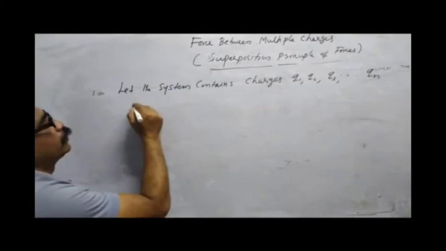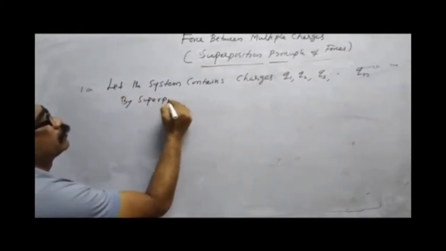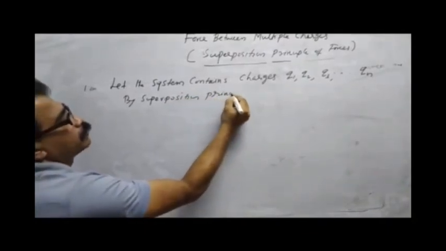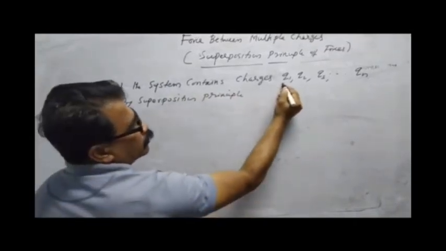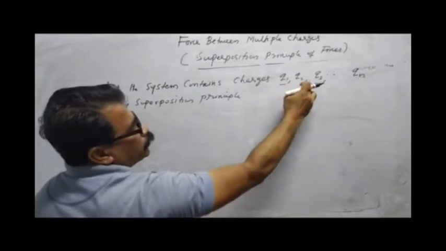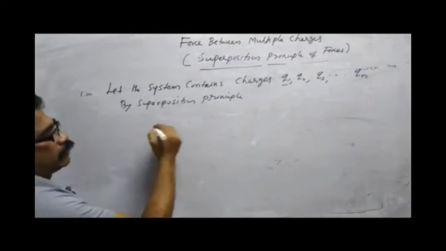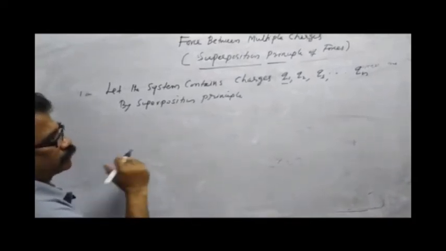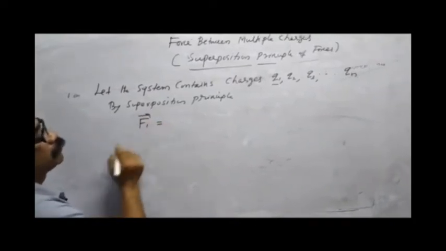Now by the superposition principle, the total force on a particular charge Q1 by the other charges Q2, Q3, Q4 etc. Qn is written as, by using the equations we have already derived, F1 equal to,